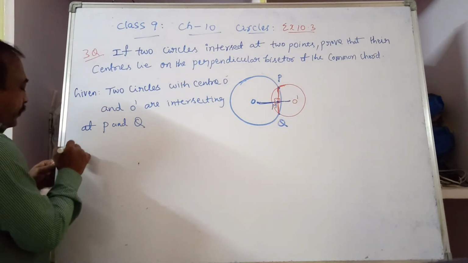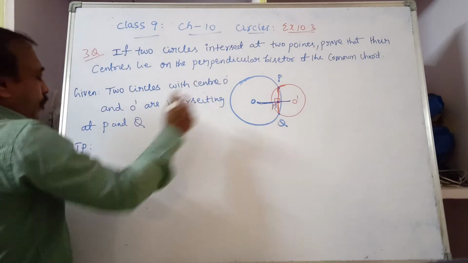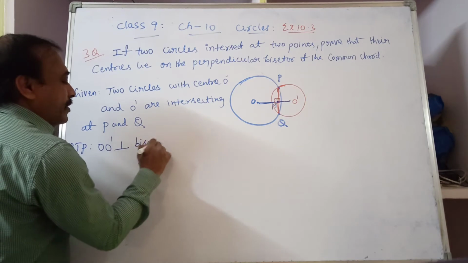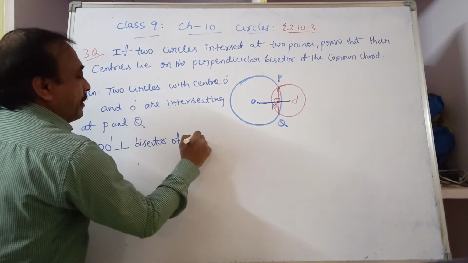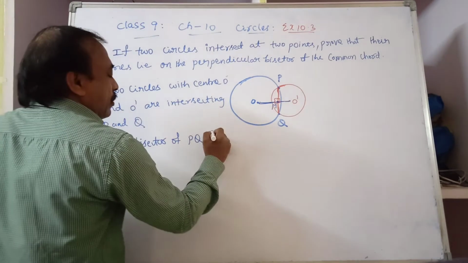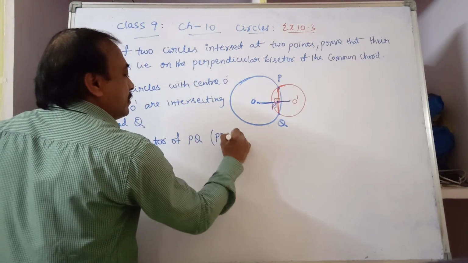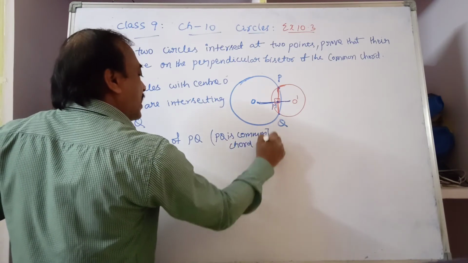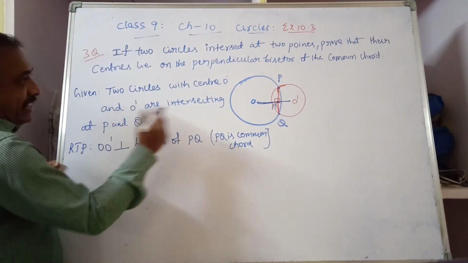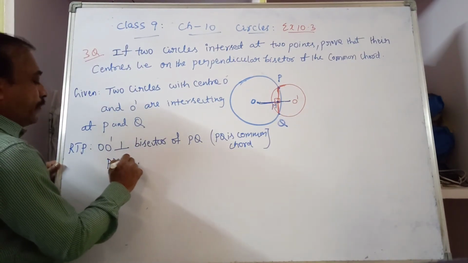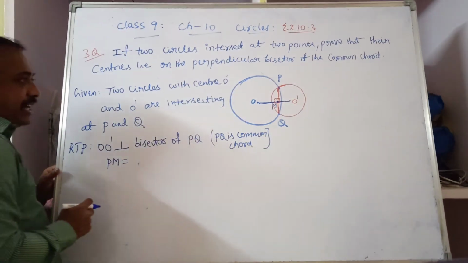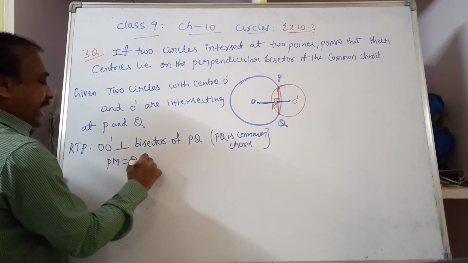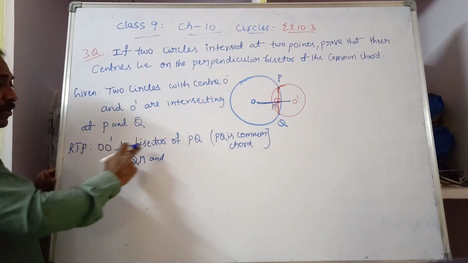So required to prove, we have to prove that OO dash is the perpendicular bisector of PQ, which is a common chord. PQ is a chord. PQ is the common chord for both the circles. Or you can write it in another way: because PQ is meeting OO dash at M, PM is equal to QM. Another meaning of perpendicular bisector: PM is equal to QM